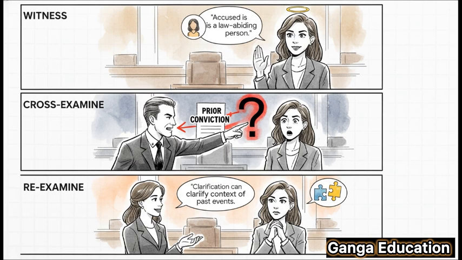अब प्रोसिक्यूशन का काम है इस दावे को टेस्ट करना। क्रॉस-एग्जामिनेशन में वो पूछ सकते हैं, क्या आपको पता है कि इसी शरीफ इंसान को 5 साल पहले चोरी के लिए सजा हो चुकी है? ये सवाल सीधा विटनेस की क्रेडिबिलिटी पर अटैक है। इसके रिस्पॉन्स में डिफेंस री-एग्जामिनेशन में उस पुराने केस का